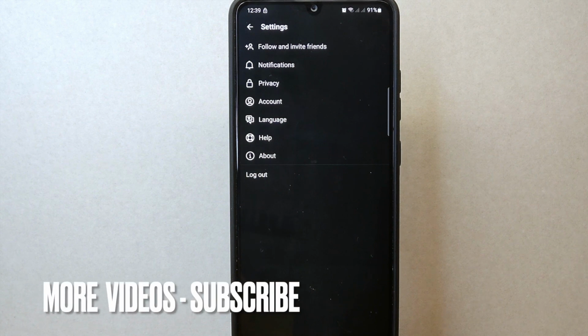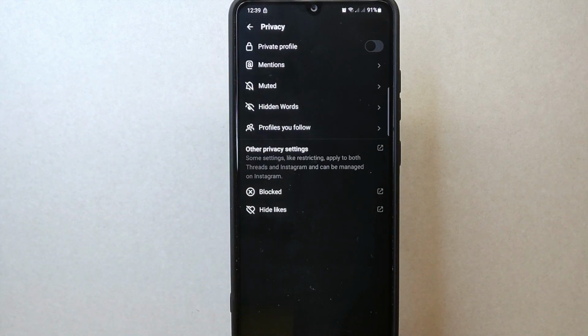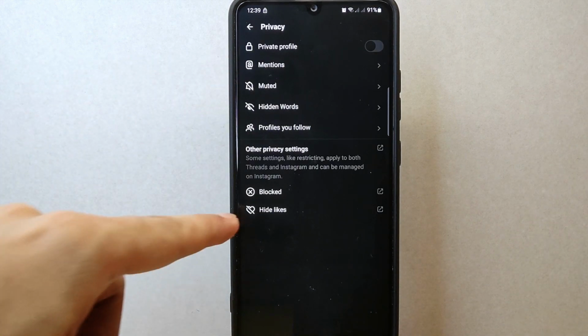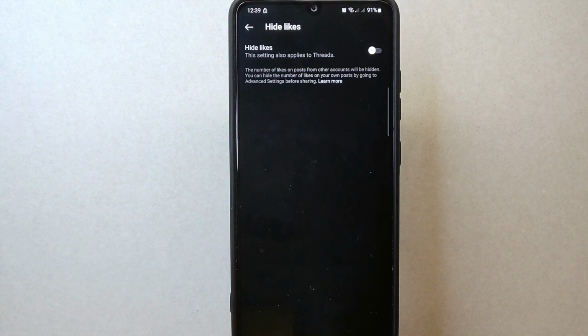Within settings, look for the privacy option and tap on it. In this page, you can now see this hide likes feature. Simply tap on it. After that, you will be directed to the Instagram settings page. It is because once you have hidden the likes on your Instagram account, you will also hide the likes on